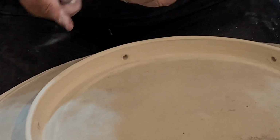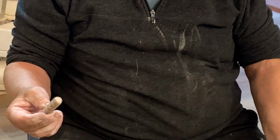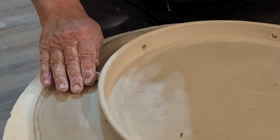And one little detail I like to do, I have a little texture tool that I bought somewhere. These are available pretty much everywhere. You've probably seen them around. Just a roller that has a texture applied to it. And I've started adding a texture to the outside of these